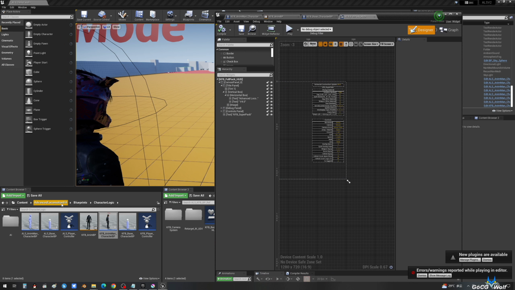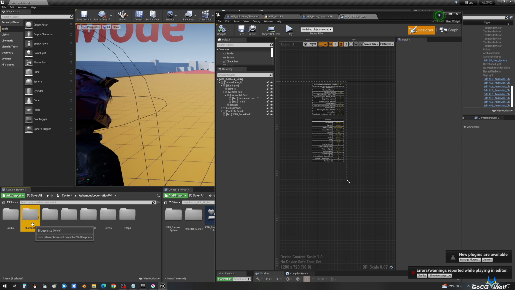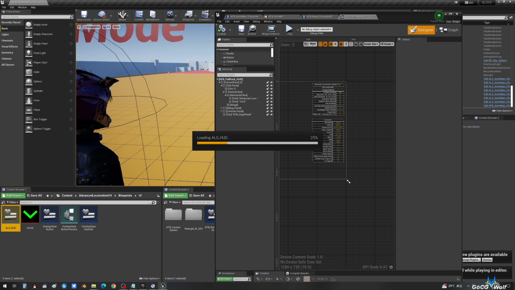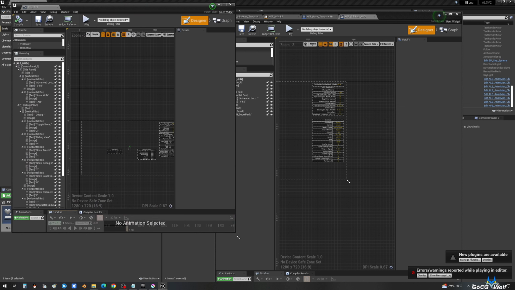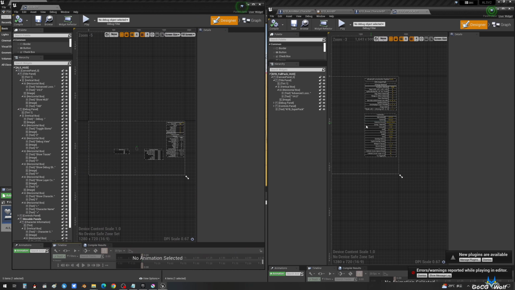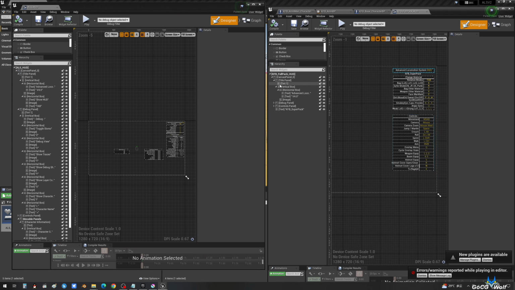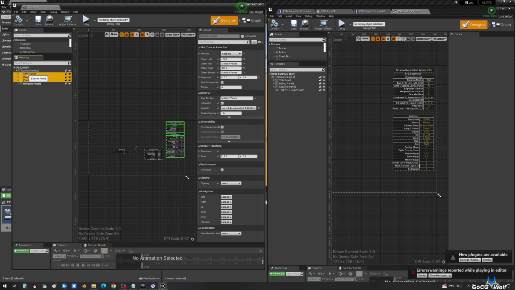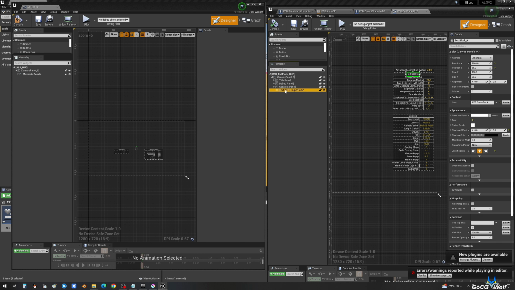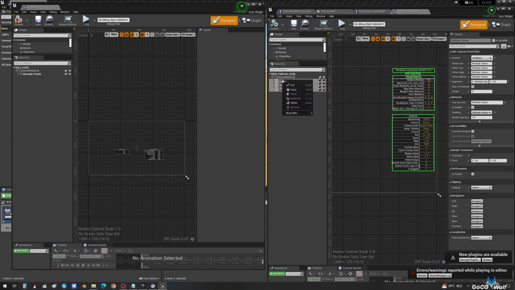Let's open the UI of ALS. Delete these three. And then copy.